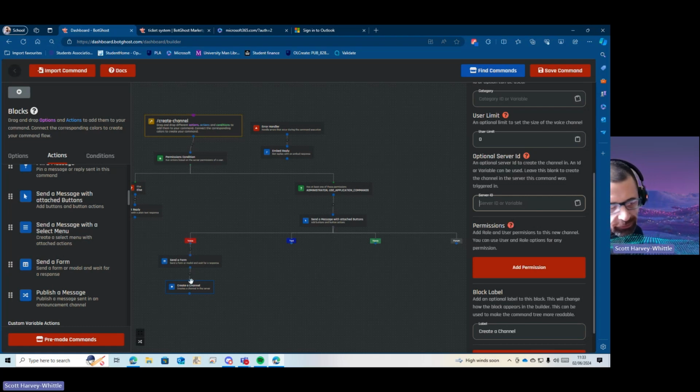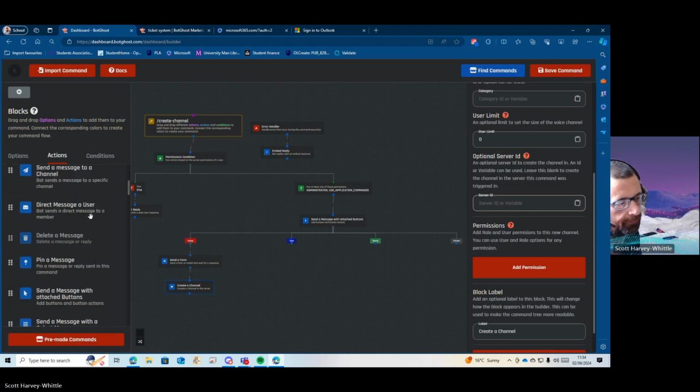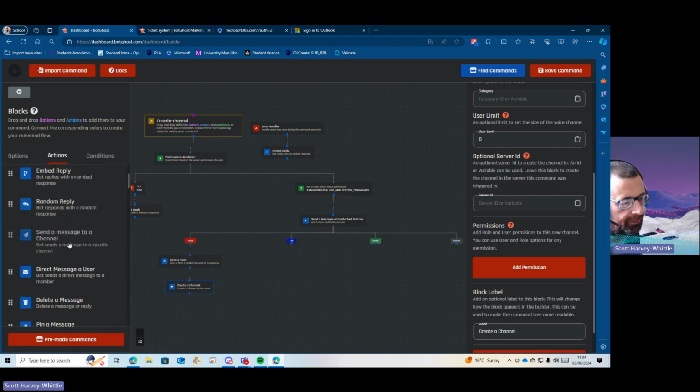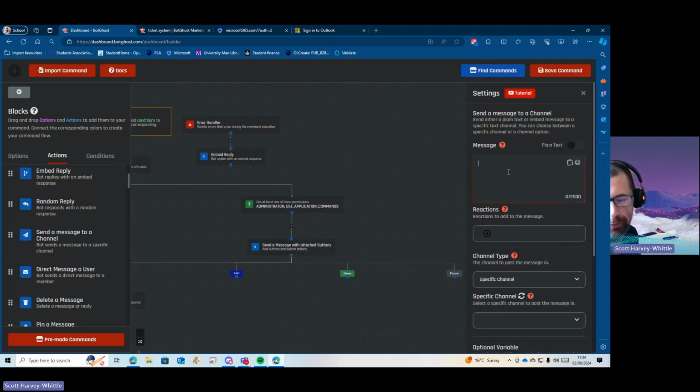Right, then what we want it to do is we want to take this and send a message to a channel. Okay, so let's have a look. Yeah, send a message to a channel. It's like a log, basically, to say what we've done. So what we do is we go to here and we just put